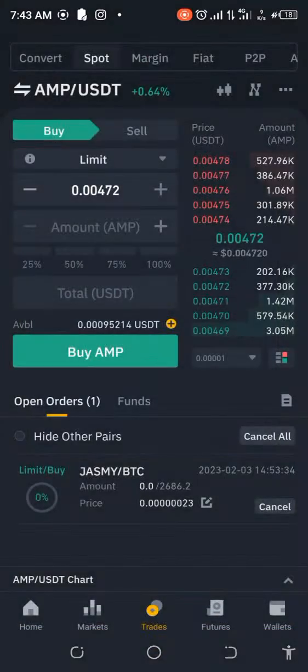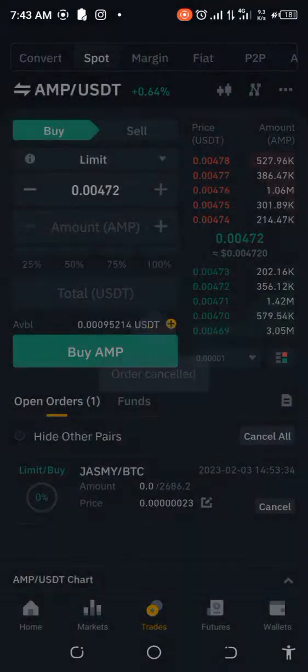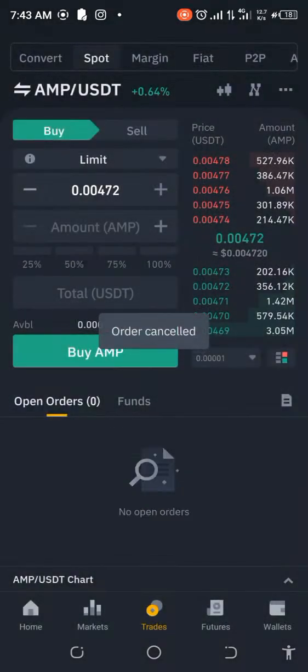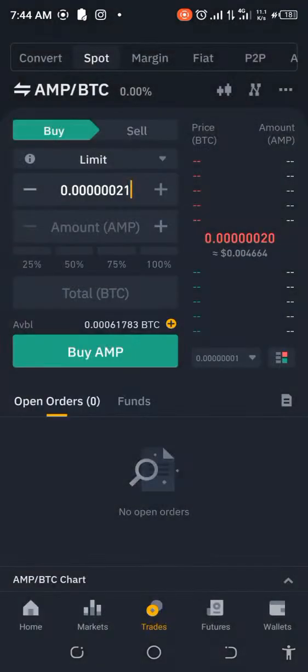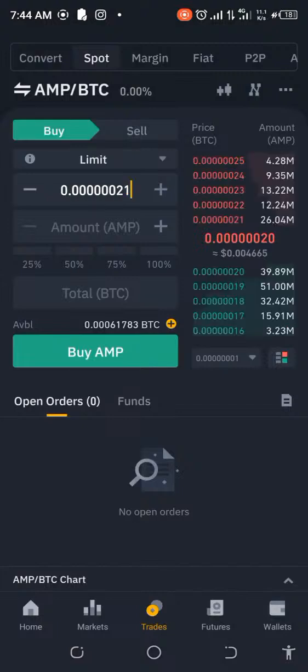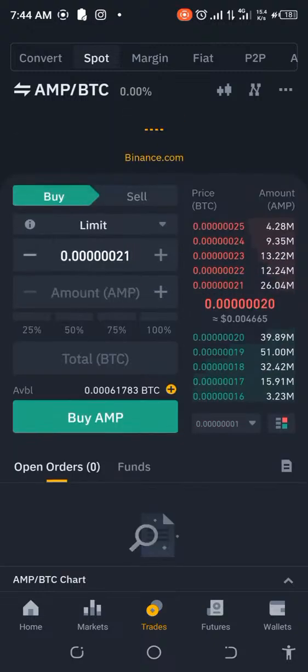Okay, so what I'm going to do first and foremost is cancel this trade. So once I cancel that, it releases back my BTC, and then I go ahead to do this for BTC. And let's hope that this works. So now what I'm seeing here is the